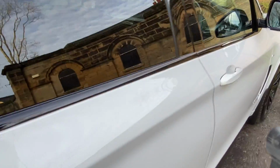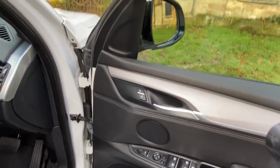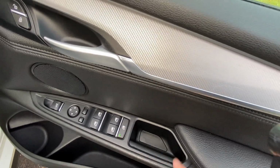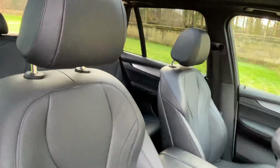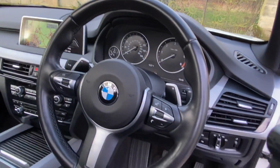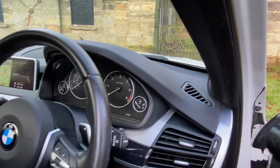Moving on to the front, obviously you've got all your wing mirror controls, power folding wing mirrors, electronic boot, electric windows of course, electric memory seats, all in black leather, electric panoramic roof which is controlled by the centre there, auto dimming rear view mirror, your M Sport steering wheel, automatic lights, auto wipers,